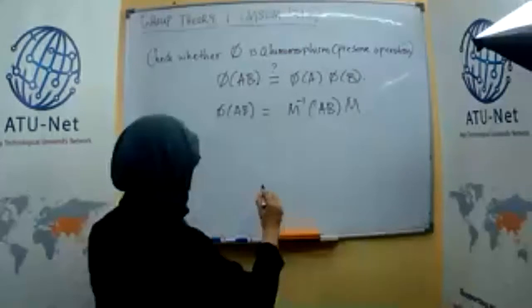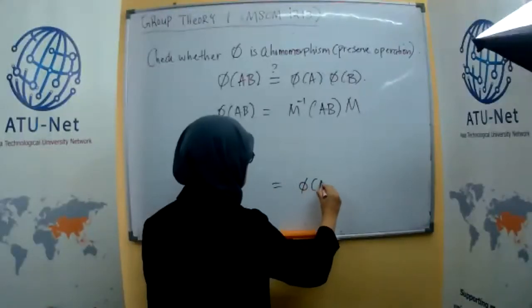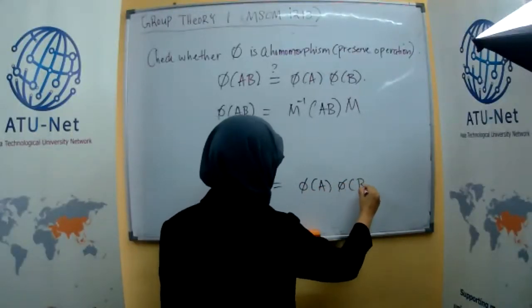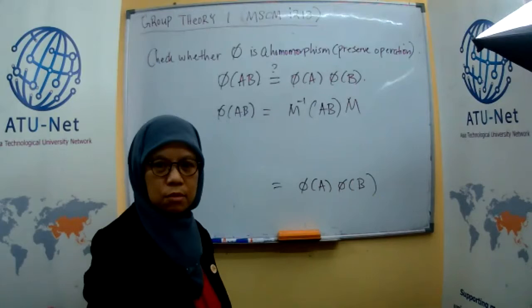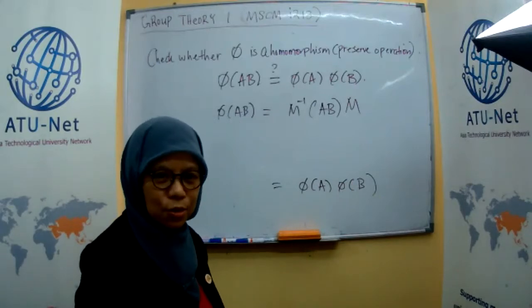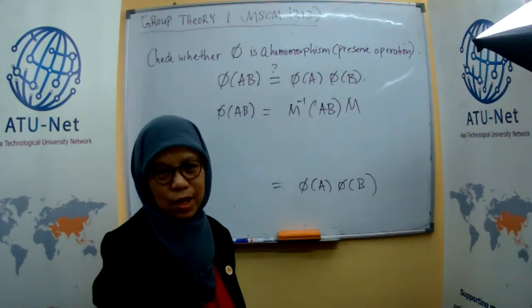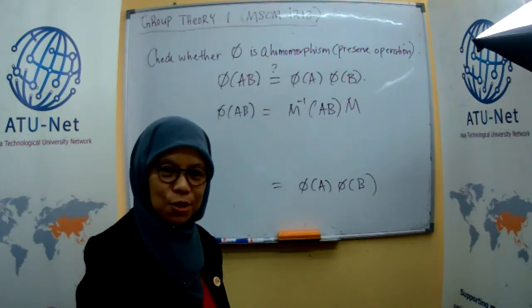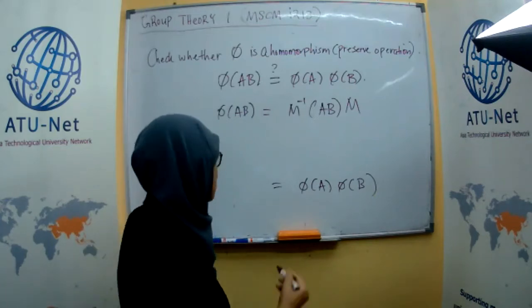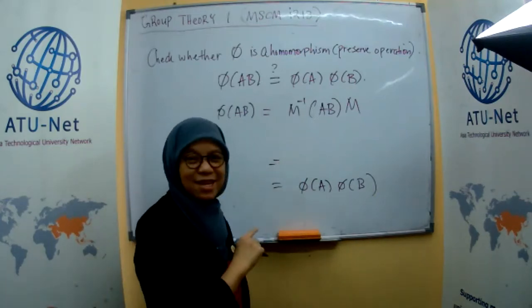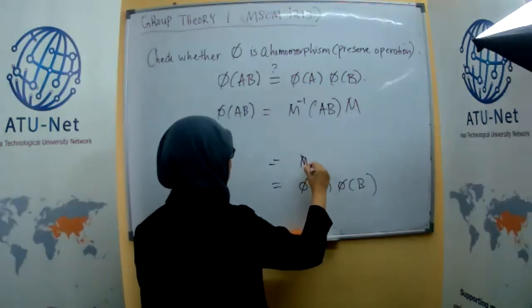Now, you want to show at the end that this is equal to this. Right? And then how do you show it equal? This is what I said. Sometimes you get stuck and then you start from the end. This is like actually cheating, but